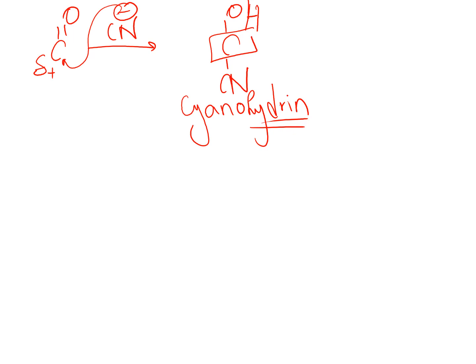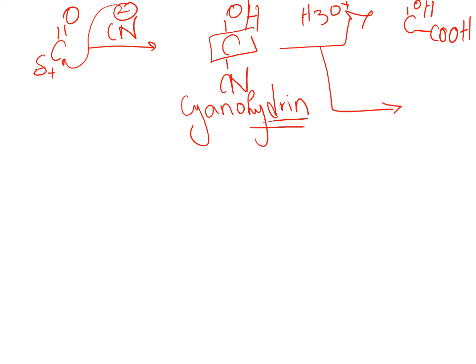These are a very important class of compounds because you can actually hydrolyze them into the hydroxy acids. The cyano group can be hydrolyzed into a carboxylic group, and it will be carrying a hydroxy group on the alpha carbon to the carboxylic group, so you can actually produce alpha hydroxy acids, or you can reduce them into amines